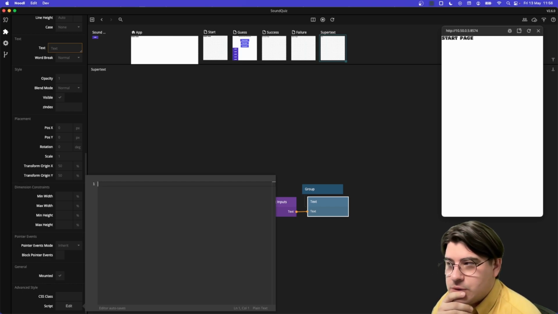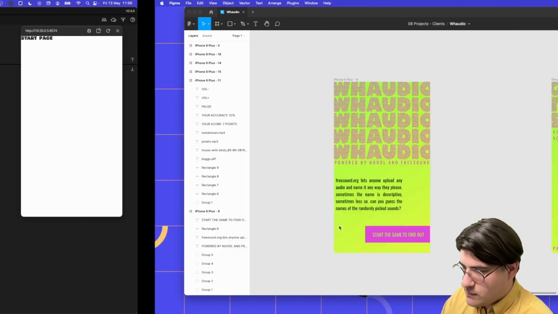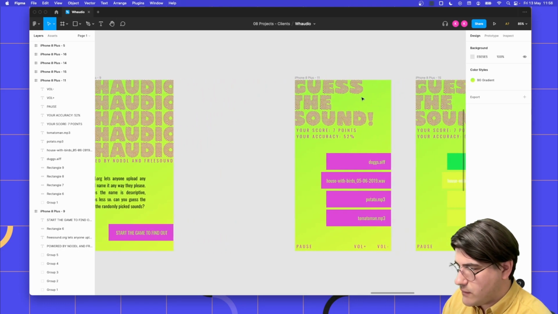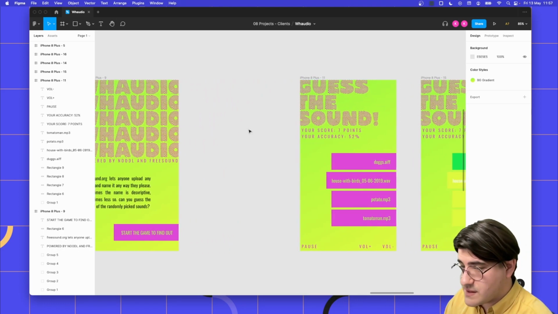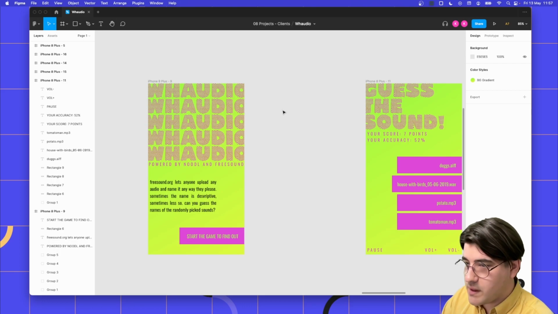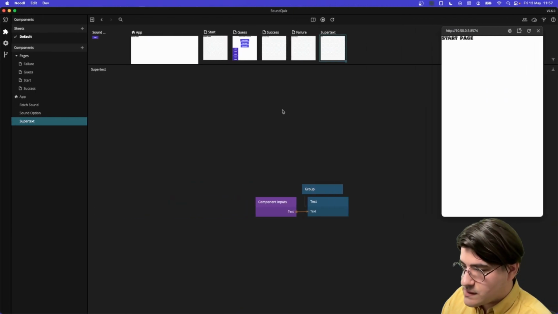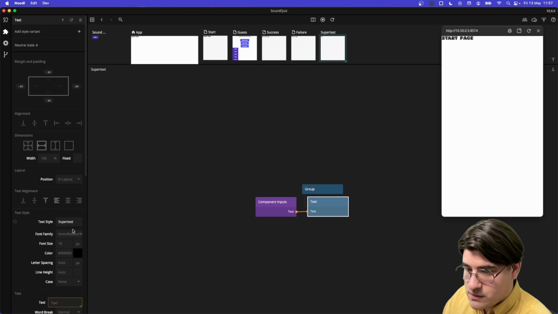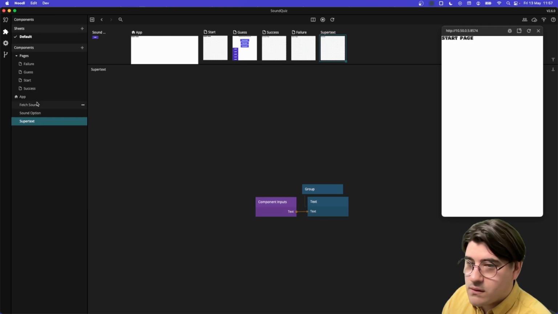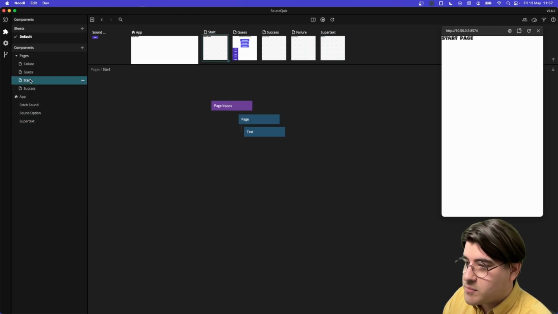And actually we should, because we want to measure this text, because this font size and this font size that we have over here and in all of these components, they're the same. So what we want to do is use this text and measure the size of it, like how big it should be. So let us do that. Let's change the text to audio. Perfect. And then we go to the start page,